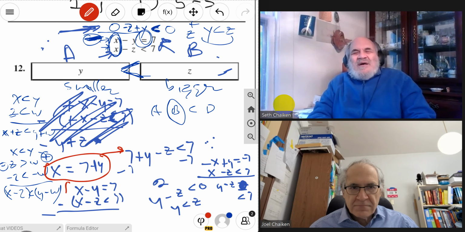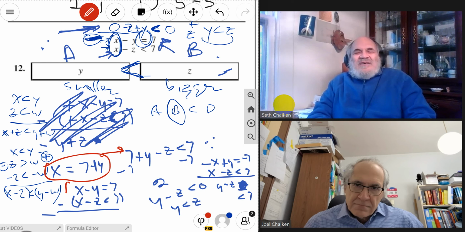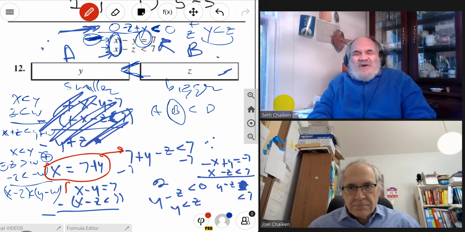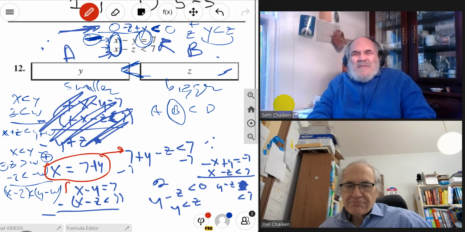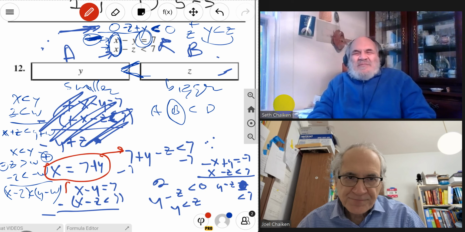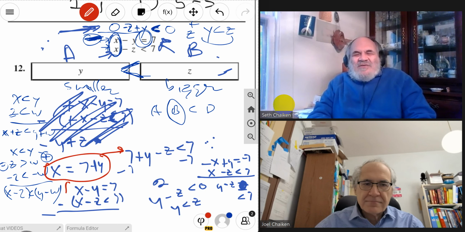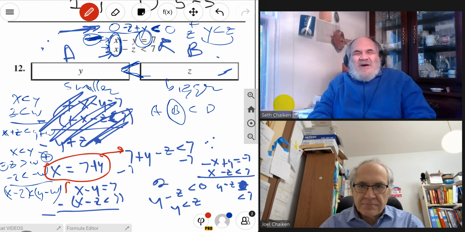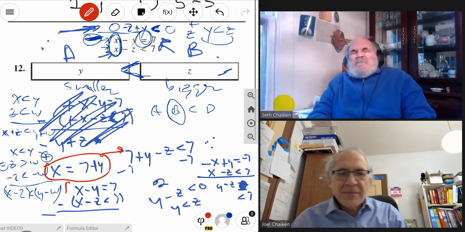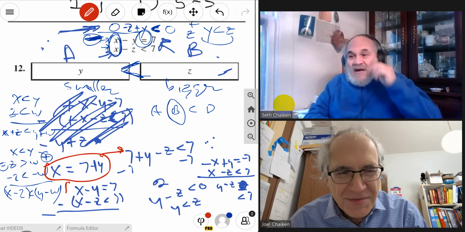You multiply both sides by either a positive number or a negative number, switch the direction appropriately, and add them. So this is not something I dreamed of, not something I thought of doing right away. It's something I learned a few decades ago. But if you're coming in without a PhD in math,